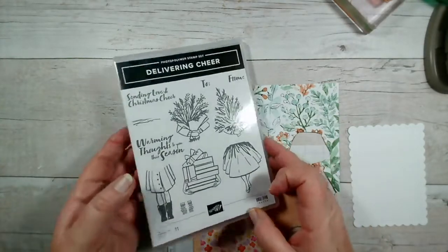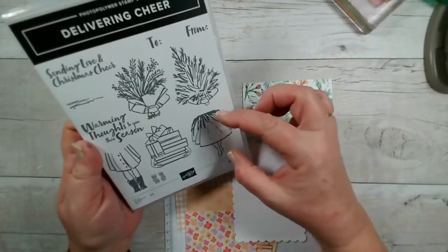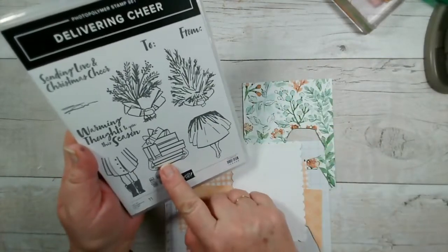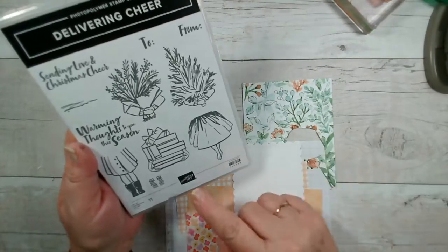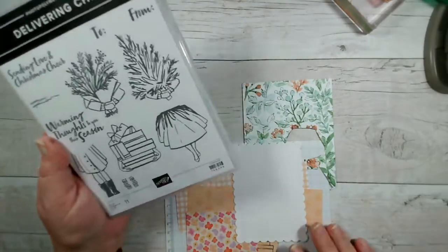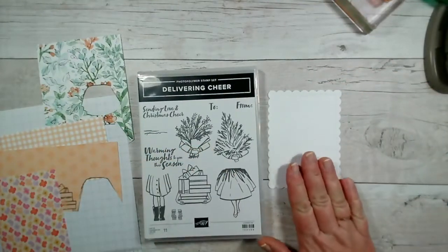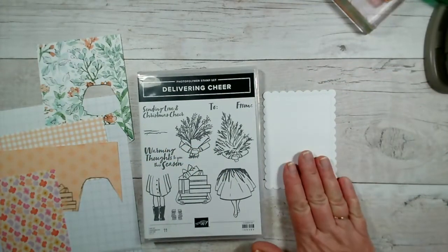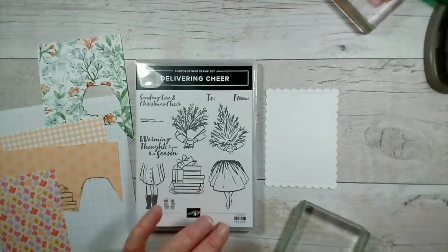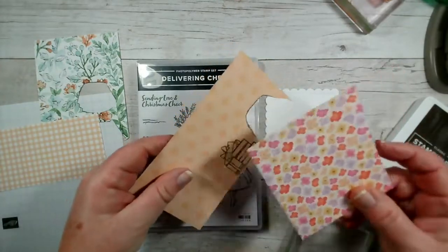Yes. Okay, so what we're going to do is we're going to stamp, so I'm going to do this as a birthday card. I'm going to stamp the bottom section and then add the presents on top, but I'm then going to cut and paper piece some of the presents and also the skirt. So I'm starting with this piece here, which is a die cut piece from the ornate frames, and I'm going to use early espresso, and then I'm going to also stamp onto some coloured paper,